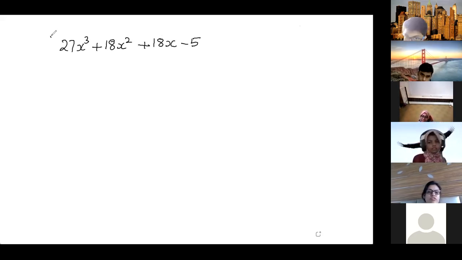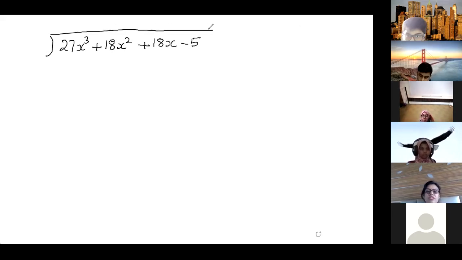Now this you cannot factorize because you have not learned factorization of power 3. So you cannot do it by factorization, okay. And the divisor is 3x plus 5. Okay. What is the first term? What will be the first quotient? The first quotient is to divide this by this. So what is the first term? Tell me. Anyone give me the answer?